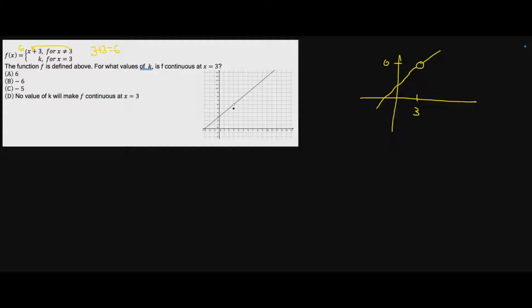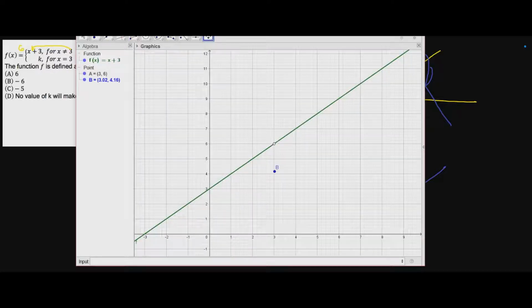And we have this value k. It's some random point on the graph. And what we're trying to ask is, what can we do to make this continuous? To make this continuous, we want this open circle to be filled in. To illustrate that,